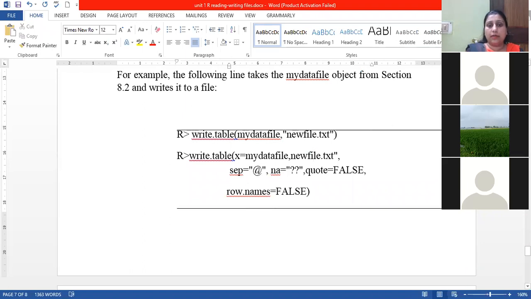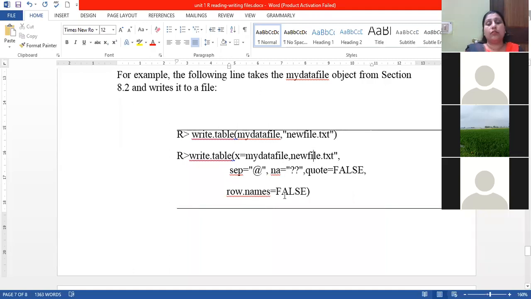Separation: I am not making it blank, I am making it the @ sign. Whenever entities are separated by different entities, @ will be included. Here any not available value is denoted by double question marks. The quote is equals to false, and row.names equals to false.